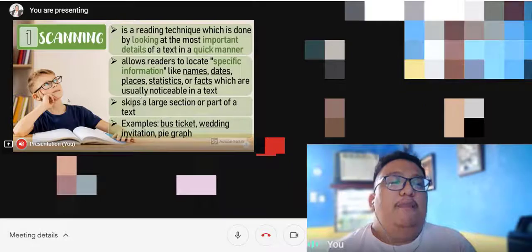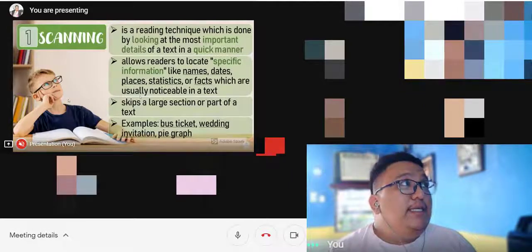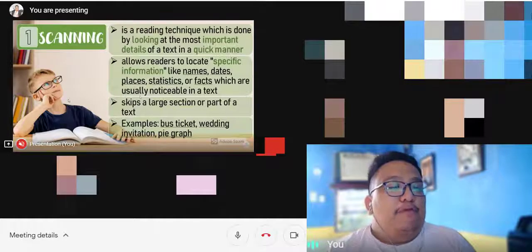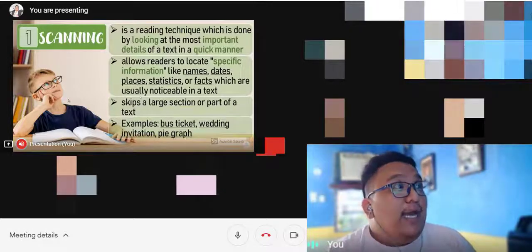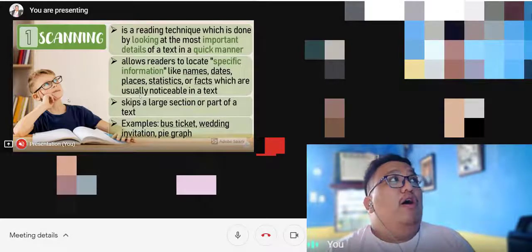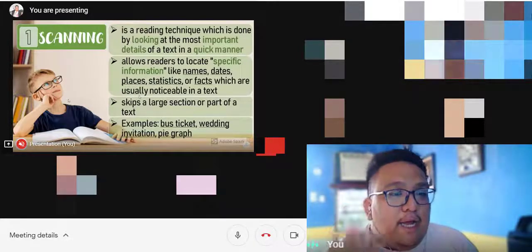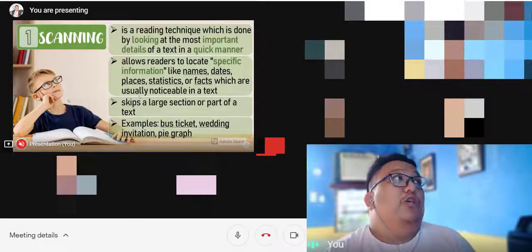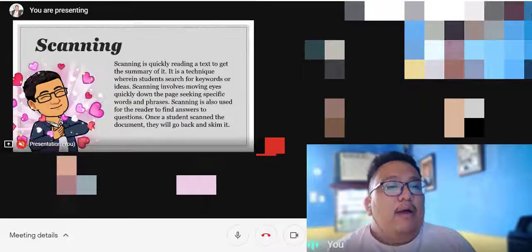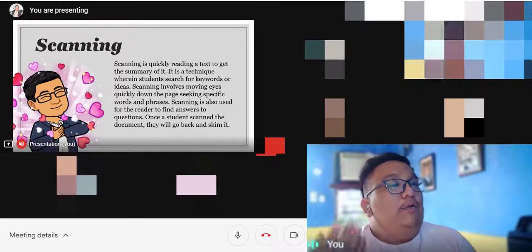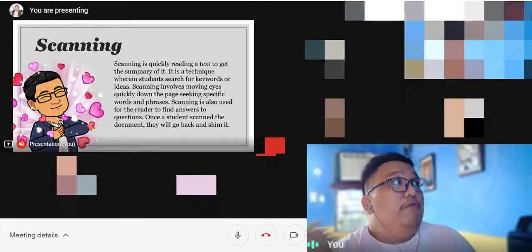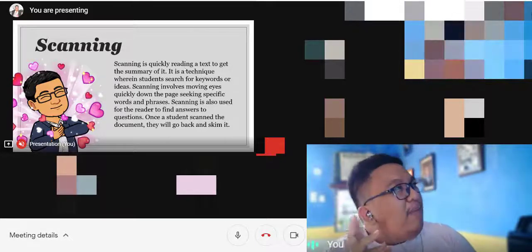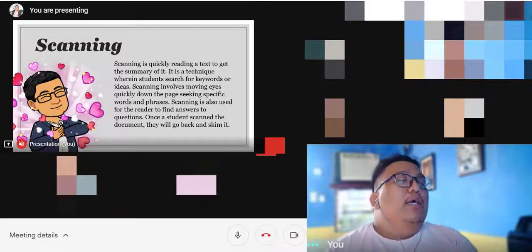Also, in scanning, you skip a large section or part of the text. Remember that. Kasi, speed reading nga siya. So, may specific information ka lang na gustong kunin. And, example of this is when you read a bus ticket, when you read a wedding invitation, when you read a paragraph, you are actually looking into specific information only. And remember that in scanning, you are actually quickly reading a text to get the summary of it. So, quick reading. So, minsan merong mga konting mali kasi nag-scan ka lang. So, pag gumagawa ka ng summary, kasi kinukuha mo lang yung